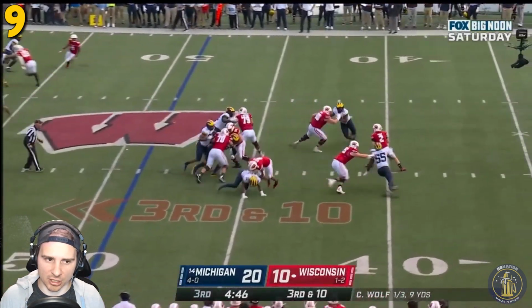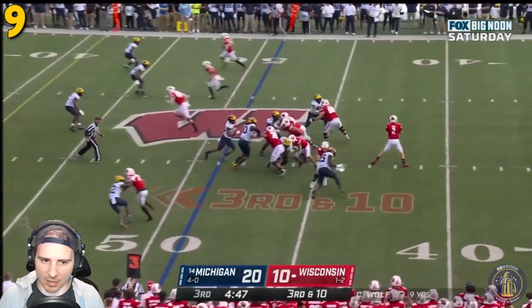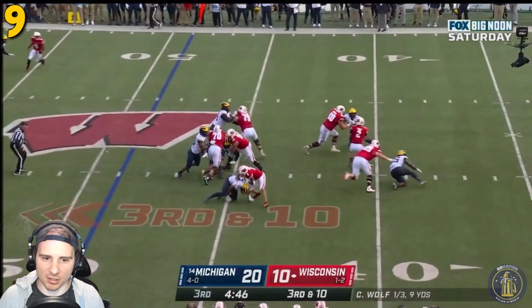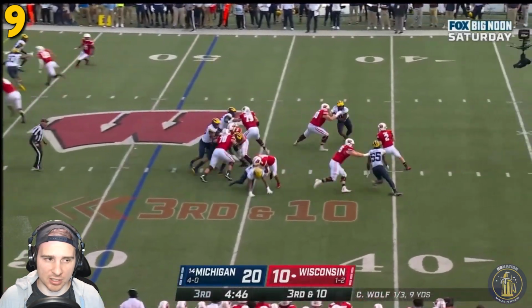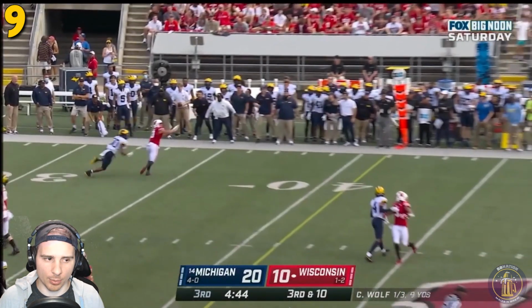So it's a combination of a little bit of an awkward stunt, kind of aided by Josh Ross falling there. Ends are getting a little bit too much depth there, so Wolf is able to step into this throw without a whole lot of pressure in his face, right? So the rest of this play, again, it's probably the right read given man coverage. There's no help beyond